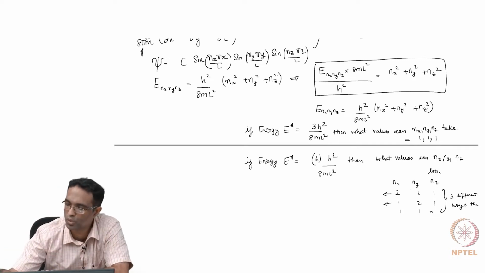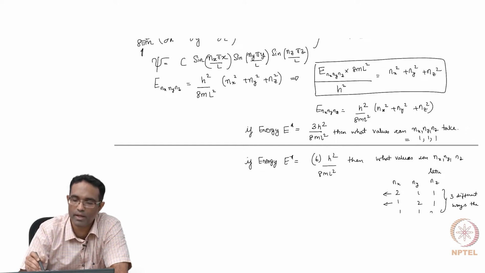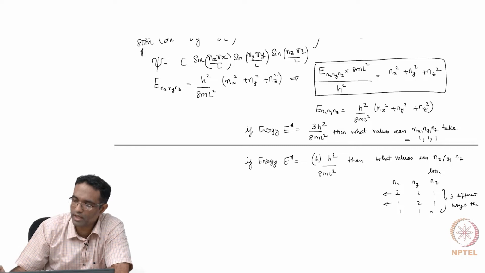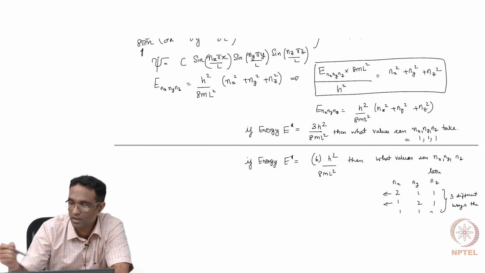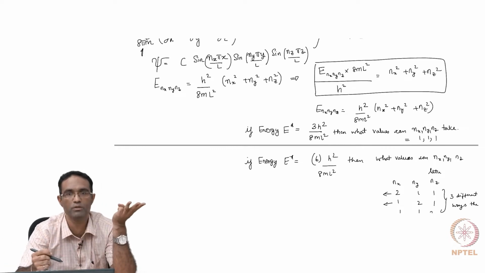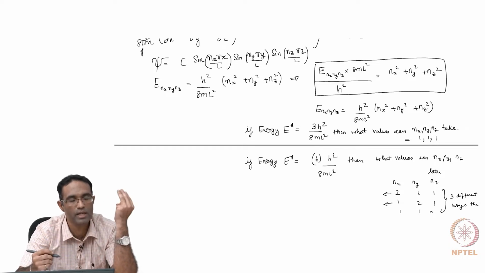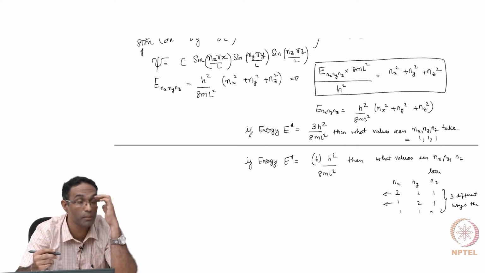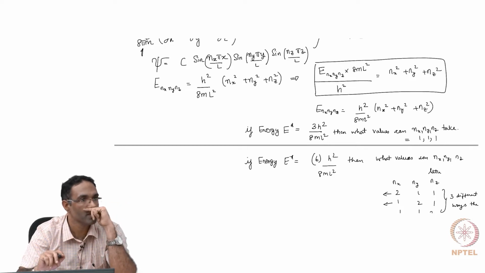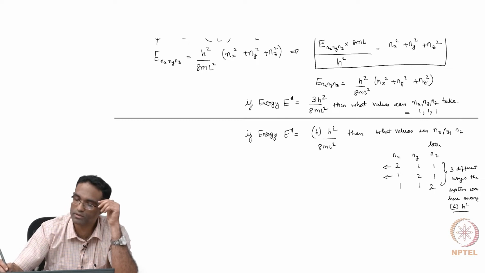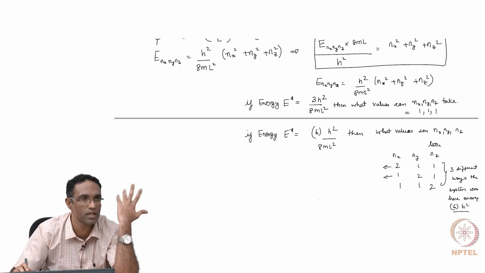In the first case, in 2, 1, 1, you had sine 2 pi x by L, sine pi y by L and sine pi z by L. In the second case, there is going to be a 1 here, 2 here and 1 here, and in the third case it's going to be the other one. So there are 3 different values of xi which have basically the same energy, right? So there are 3 different quantum states the particle can have with the same energy, right? And I can keep going on and demonstrating that the number of ways in which you can achieve these energy levels is going to increase as you increase the energy level of the system.